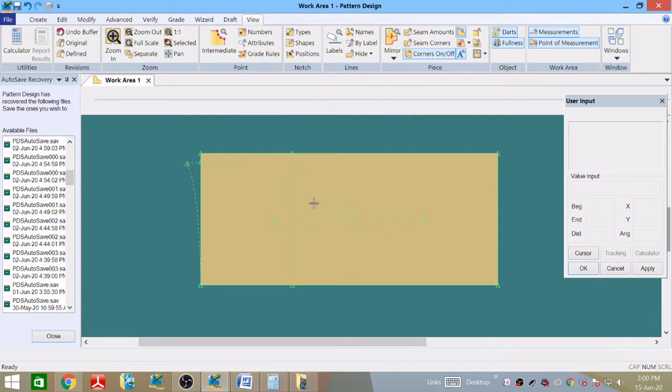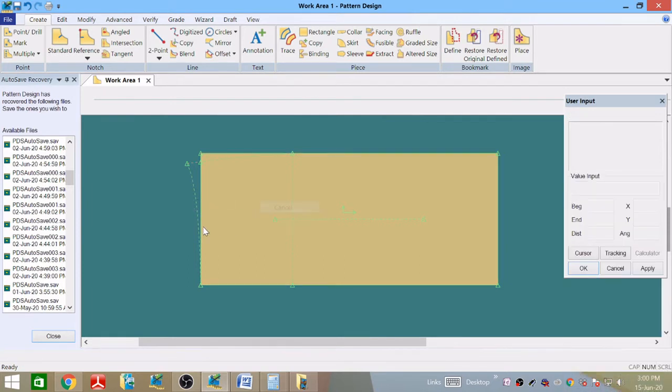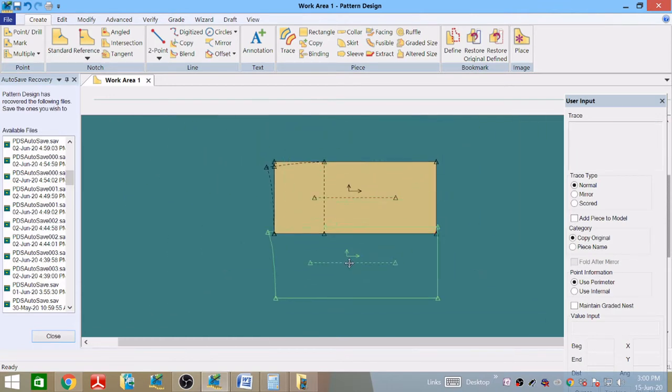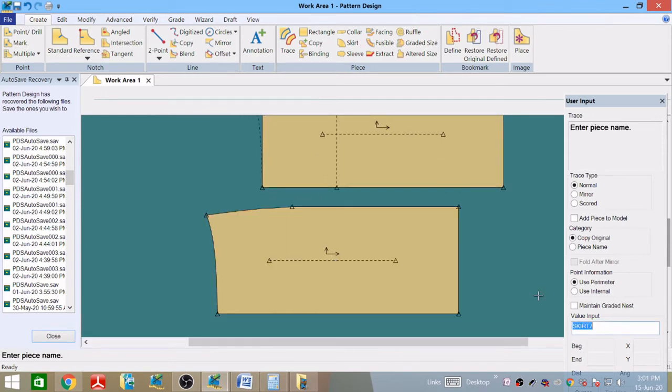Now we have to go to the create menu, trace, and trace the outline of the back part. Trace the outline of your skirt's back part in a clockwise direction. Right click and then OK. Now you can see that this is your back part, and give it the name BP and then